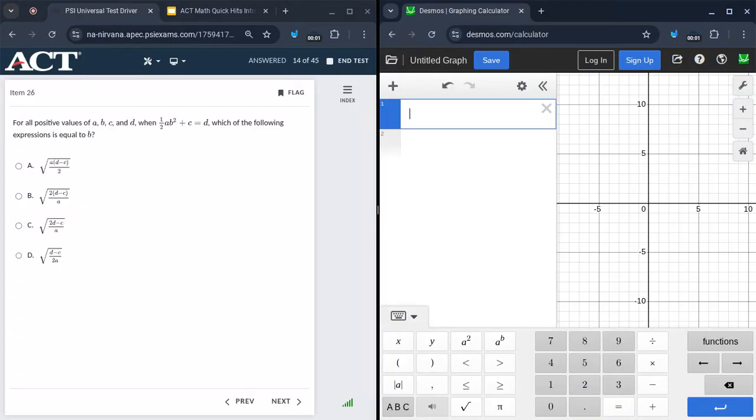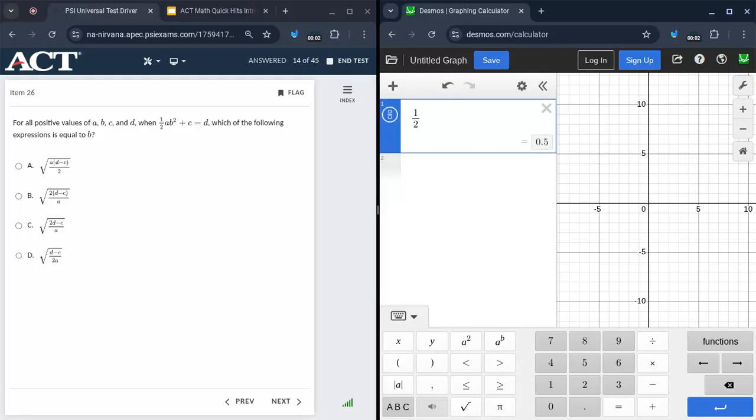Since I'm dealing with b and I want to find b, then b has to be one of my variables I'm going to define as x and y. And the other one I'm going to do is d, because it starts as an equation equal to something. All right, so I'm going to put everything into Desmos, so I end up with 1/2 times